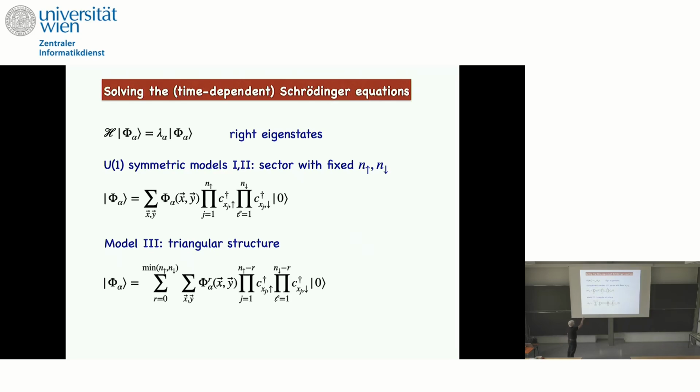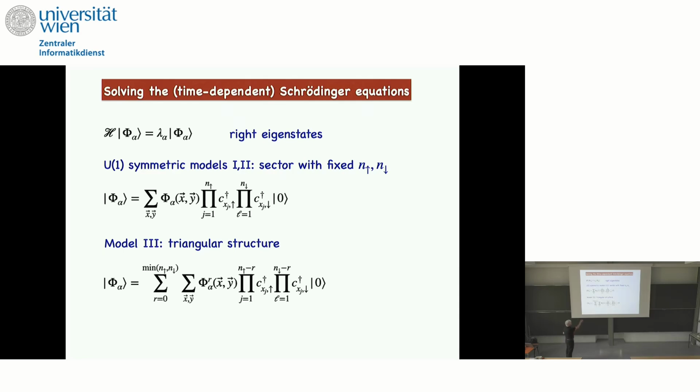So we want to solve the time-dependent Schrödinger equation as I have shown on the previous slide, and the way we do it is exactly like in quantum mechanics 1. We solve the time-independent Schrödinger equation and then use the eigenstates to write the solution to the time-dependent Schrödinger equation, and then we do asymptotic analysis on this sum. That's it. Now the difference between the U(1) symmetric case and the case where I have particle loss and gain comes in.